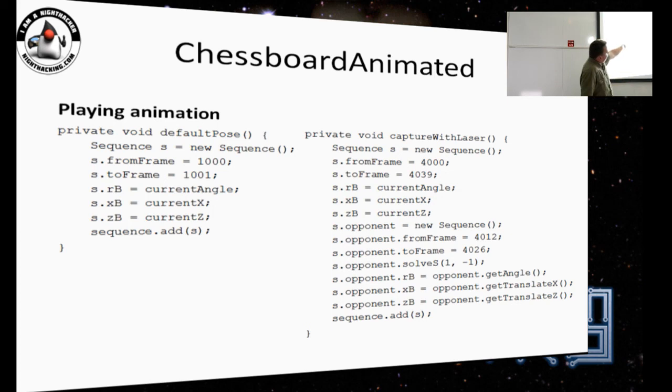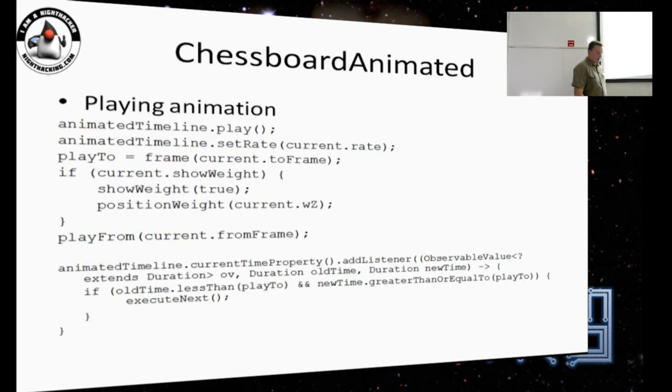For the animation when Duke captures something with the laser gun, it is frames 4000 to 4039, and we also control our opponent, and from frame 4012 to 4026 it is reducing in size from 1 to 0. It's just some code that is created as part of the demo. Maybe not optimal, but it achieves its goals.